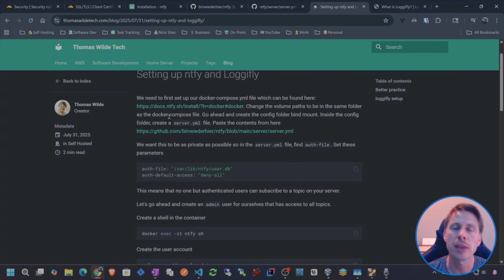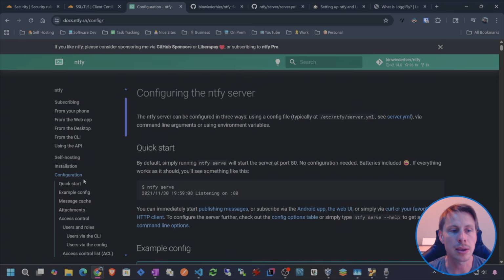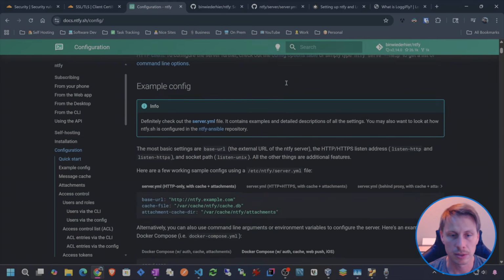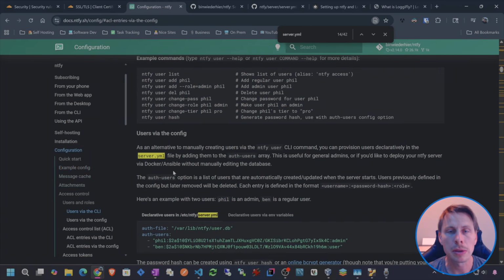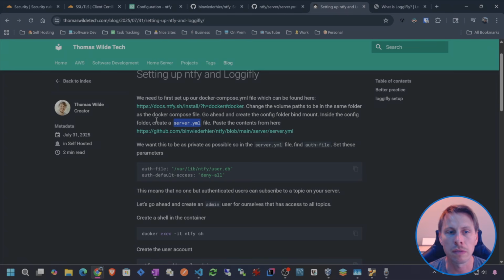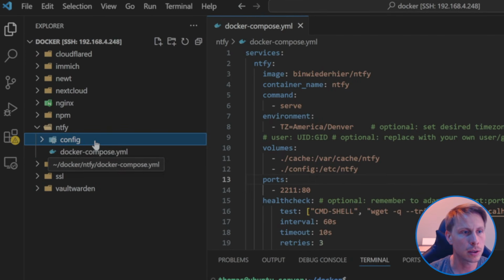Now, before we run that, there are different ways to set up configuration for Ntfy. And the way I'm going to go about it is using a YAML config file. So that's all kind of explained here in the configuration settings. So you can do a whole bunch in Docker Compose, but I will try to be doing as much as I can with the server.yml file. So what we're going to do is create a config folder and create the server YML. Come in here, config, and create a